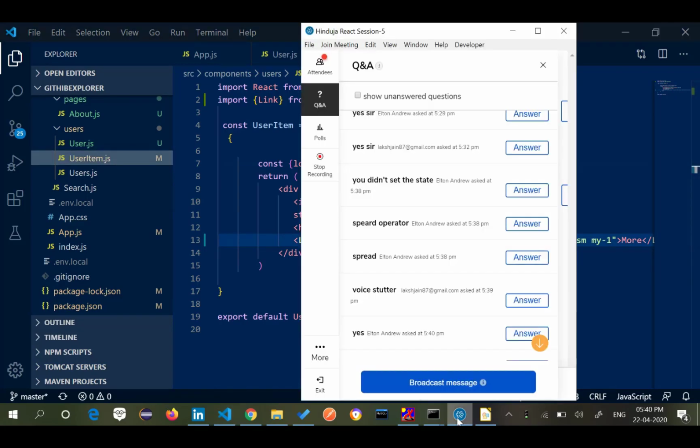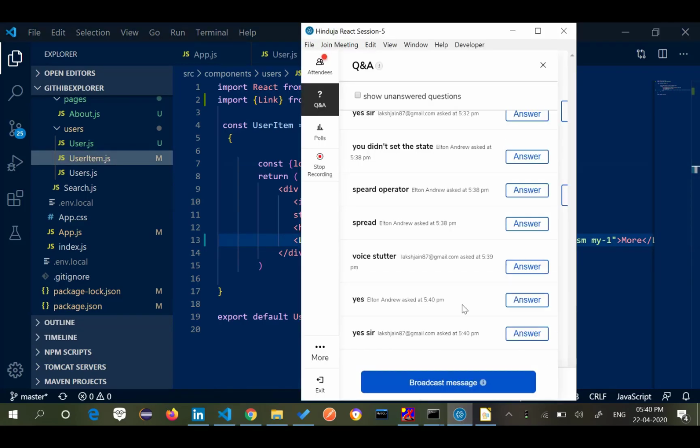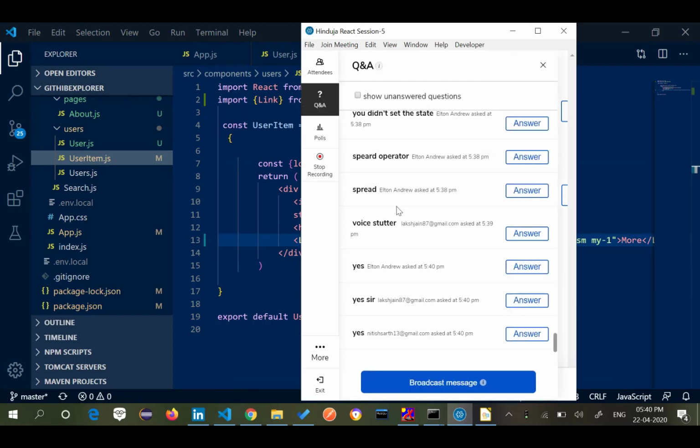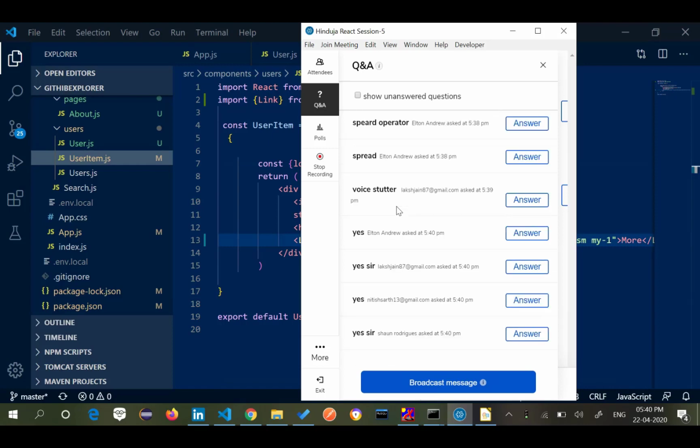Everyone clear till this point? Can I get a quick round of confirmation that you all are clear on what I have done here? Others, please, can I get a quick round of confirmation? Okay. So, any specific doubt? Any specific doubt, guys, for the implementation we have done here?